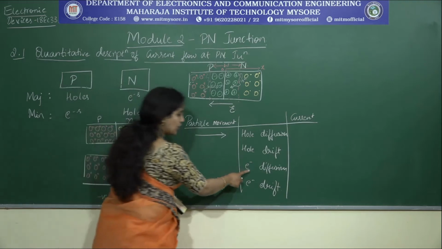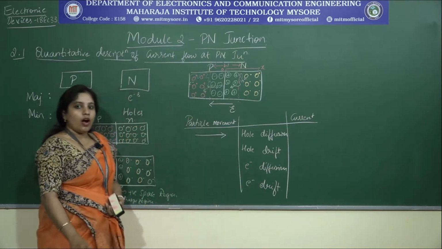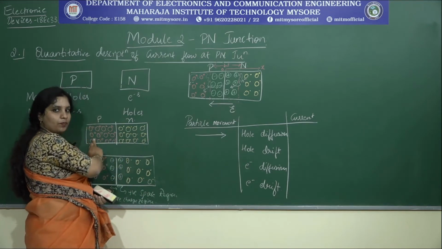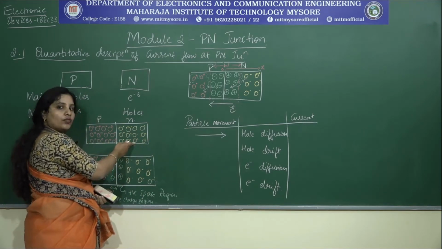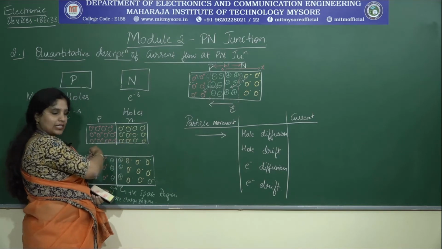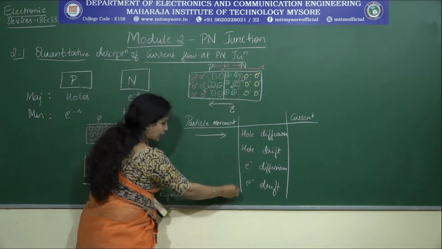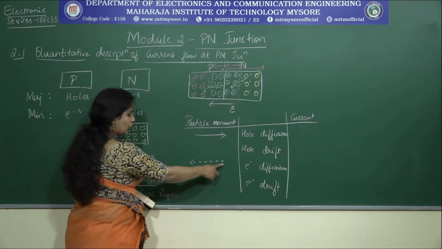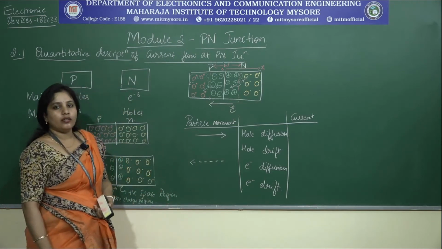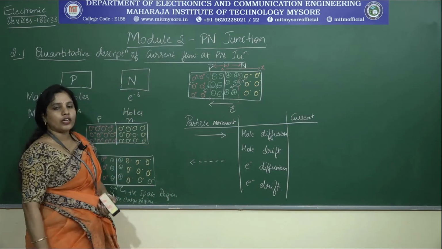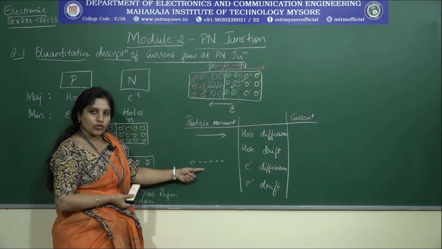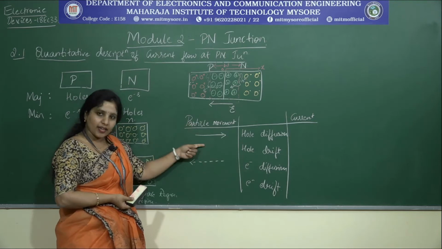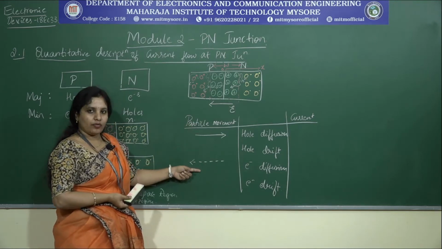Done? Now, let me consider electron diffusion. How is the electron getting diffused? It is from the N region to the P region. Right. So the direction of the arrow should be towards my left hand side. Let me represent the electron related things in dotted lines, and show the diffusion of electrons in the required direction, which is towards the left hand side. I hope all of you are clear with these two. It is just how the hole is getting diffused and how the electron is getting diffused.